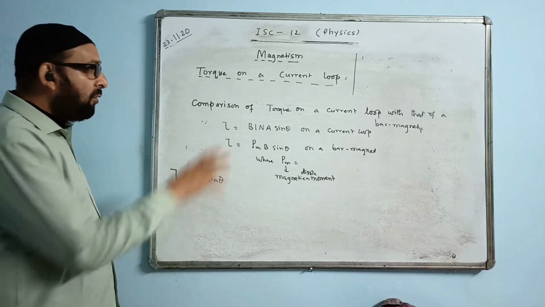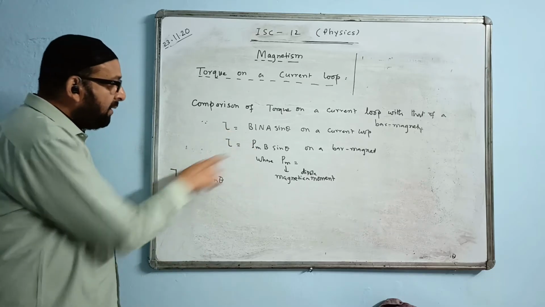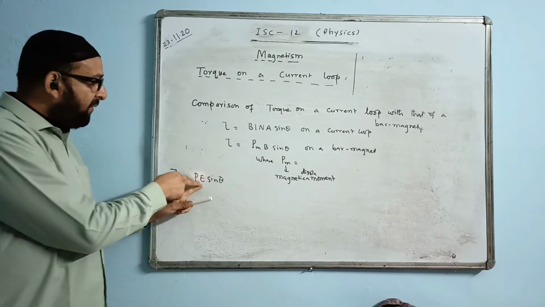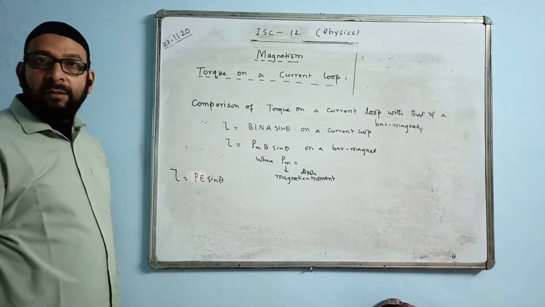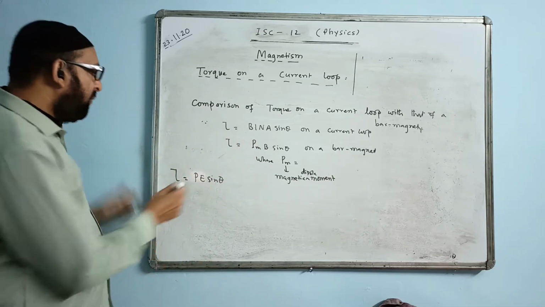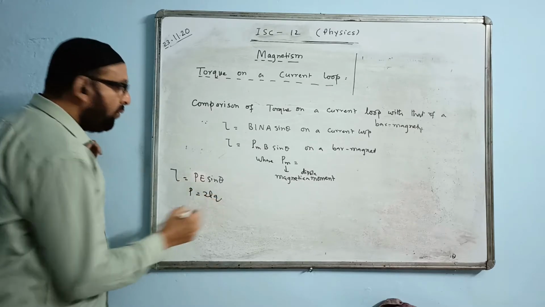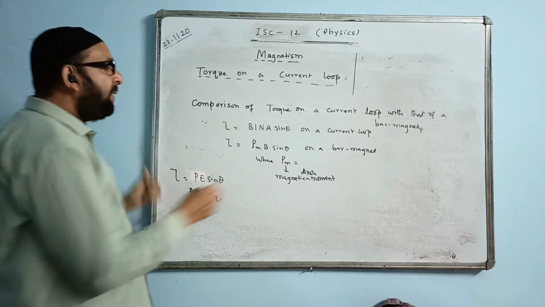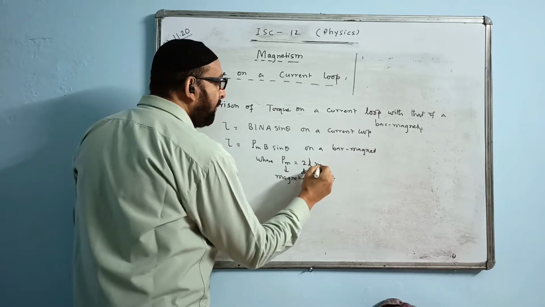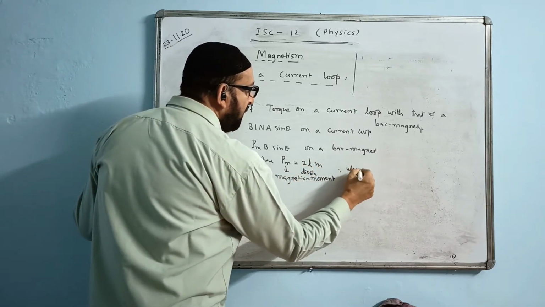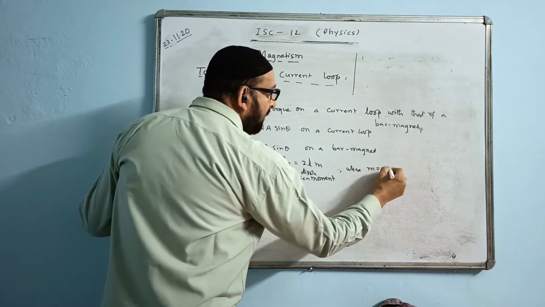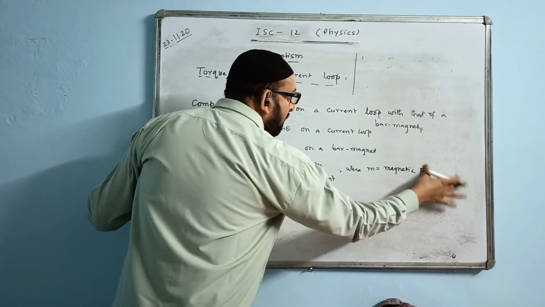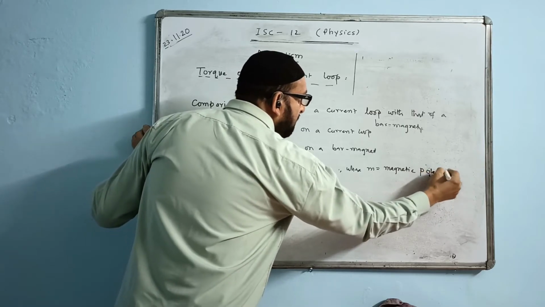Here we have a similar kind. On a bar magnet, we will have the magnetic dipole moment. This P and this P_m will be the same magnetic dipole moment, and E is replaced by B. There we have electric field, and here we have magnetic field. And the P value used to be 2lq, length of the dipole into either of the charges. Here the P_m value will be 2l m, where m is the magnetic pole strength.